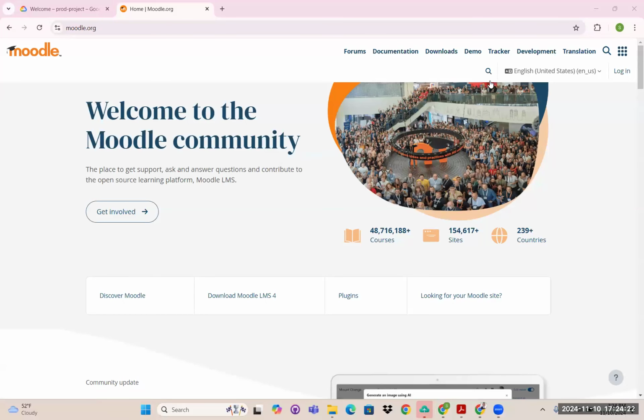Hello, as an employer, you want to train your employee in cloud computing. You have the content already, but you want to put that content on an online learning platform such as Moodle, just as you can see. So Moodle is an open source learning platform, right? So you can put your content there to train